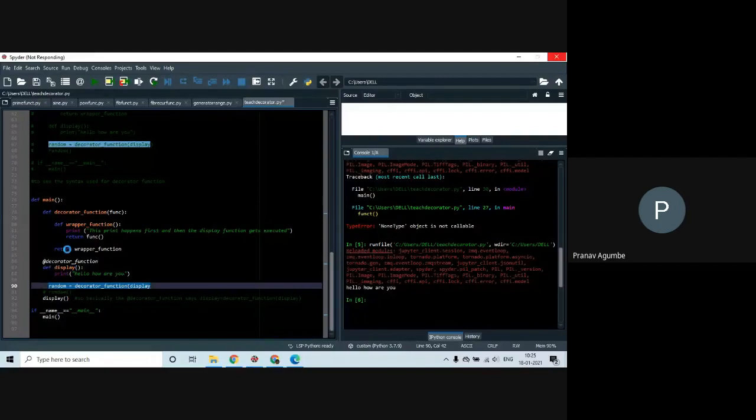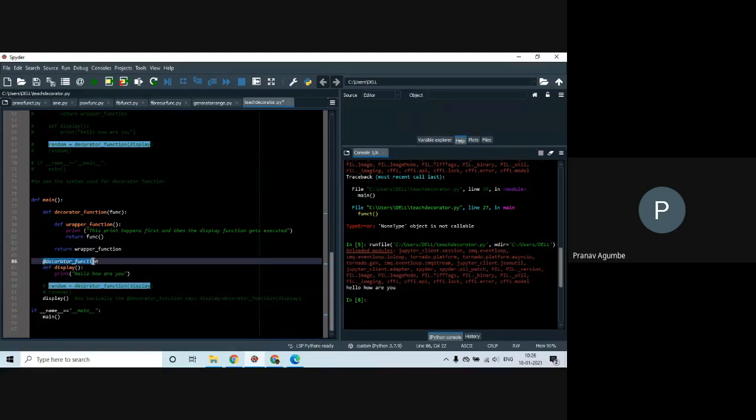What happens is it returns a wrapper function, goes inside the wrapper function, and whatever print. It prints that and it returns a function. The function will be display itself, because in line number 92 comment, decorator function says display is equal to decorator function display.